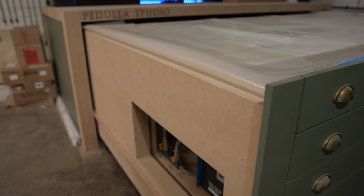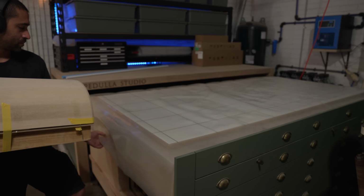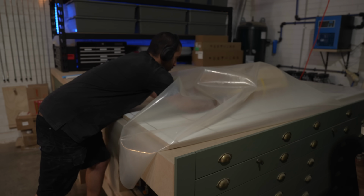I can't tell you how many times I've used this vacuum press table since building it, and I'm very pleased with how it's turned out. In fact, it's so easy to use that I look for excuses to use it,